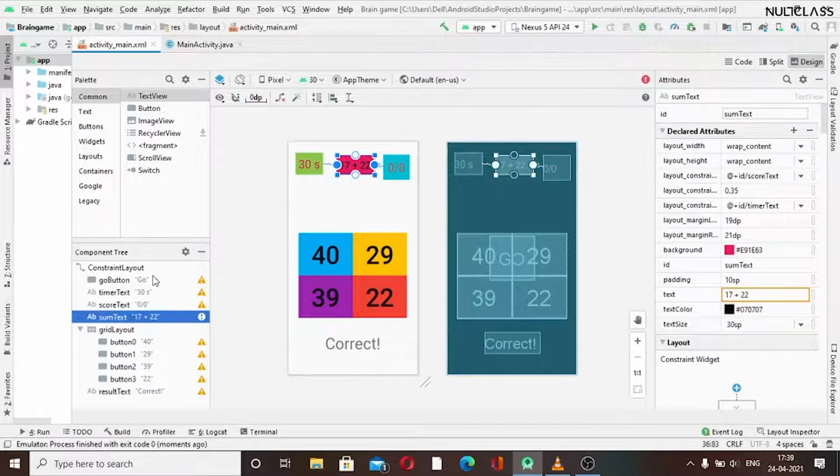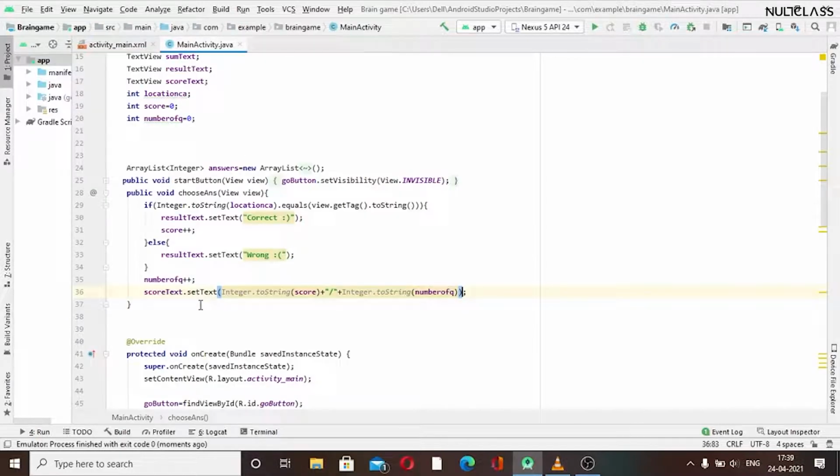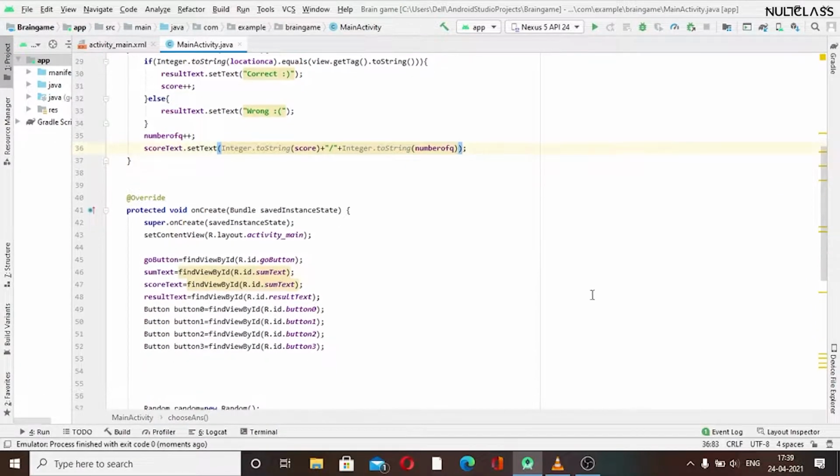Our sum text view should show here. Oh, okay. I have found the error: I have used sum text here, and I have to use score text here. Okay, so this was the fault.